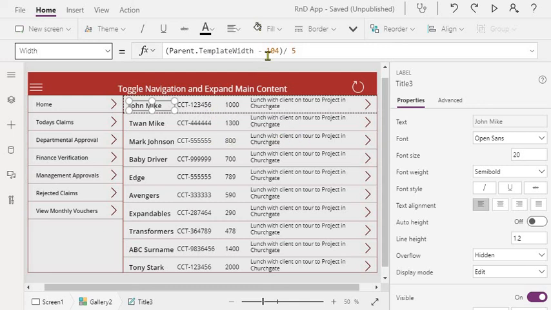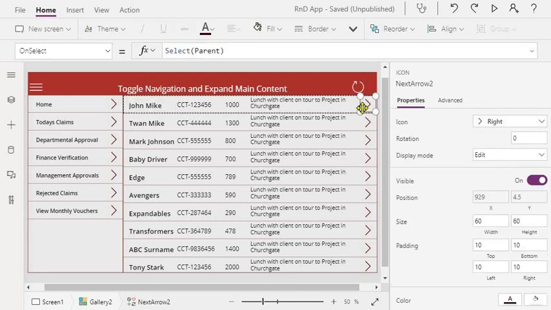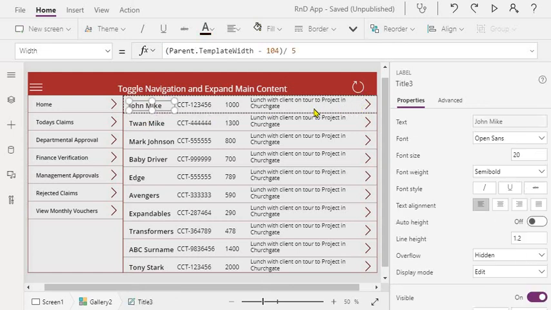This minus 104 is the space which is needed for this icon, and then there's some space which we have left, and then divided by 5 because we have 5 columns here. So similarly, depending on how big or small your content is, you can set the width accordingly. For example, in this case, I have divided it by 10 because this is a relatively small width column.